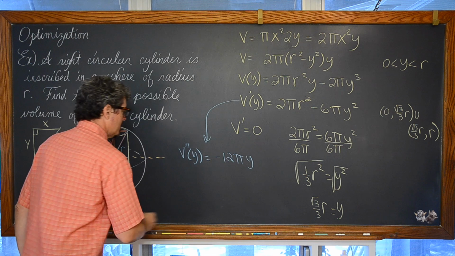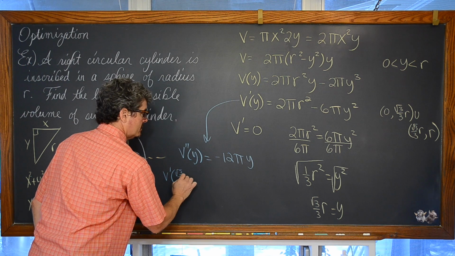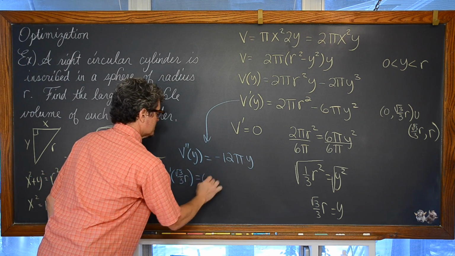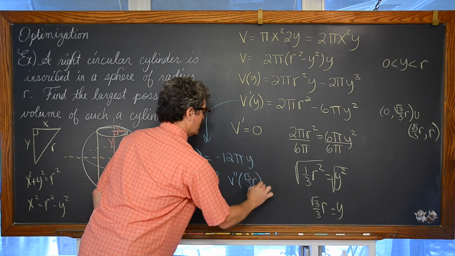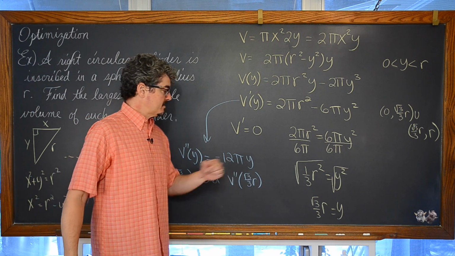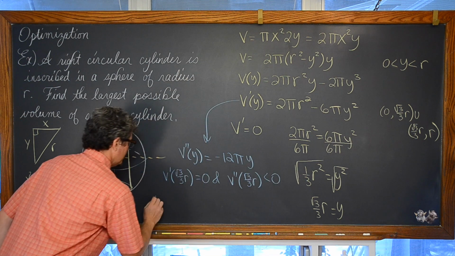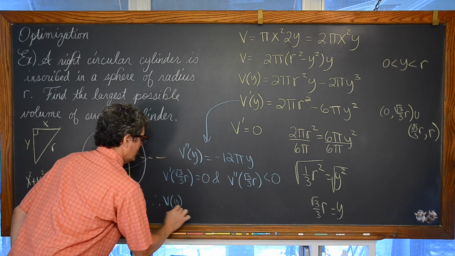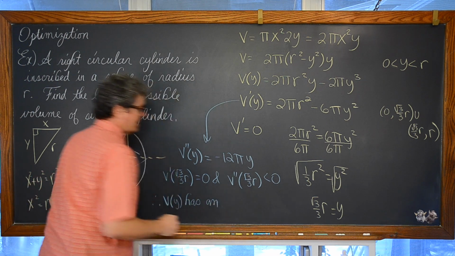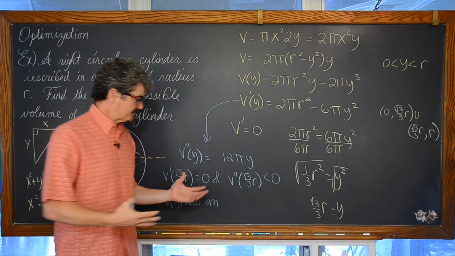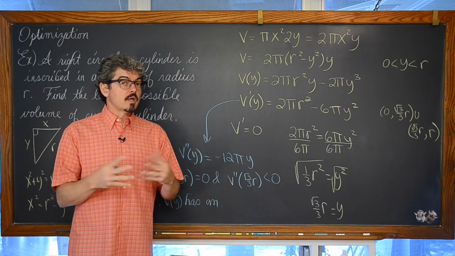Therefore, we can say that v prime of square root of 3 over 3 r is equal to 0, and v double prime of square root of 3 over 3 r is what? Negative 12 pi times a positive number is negative. Therefore, v of y has...